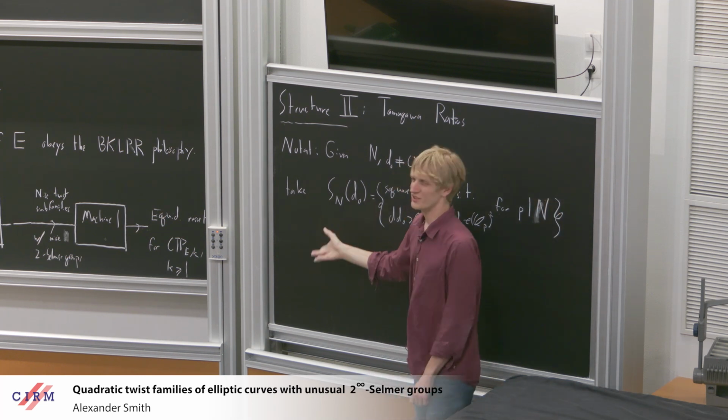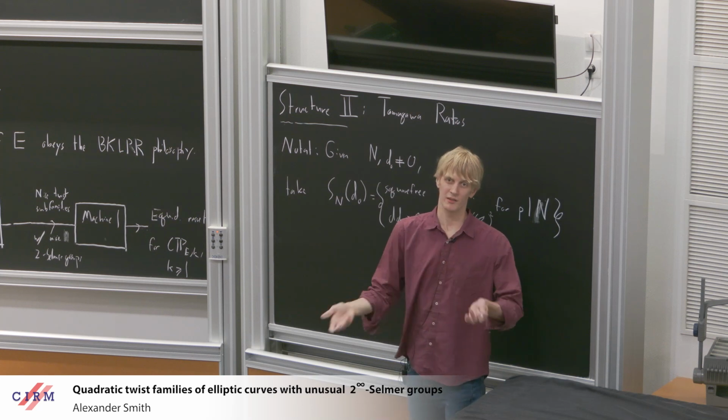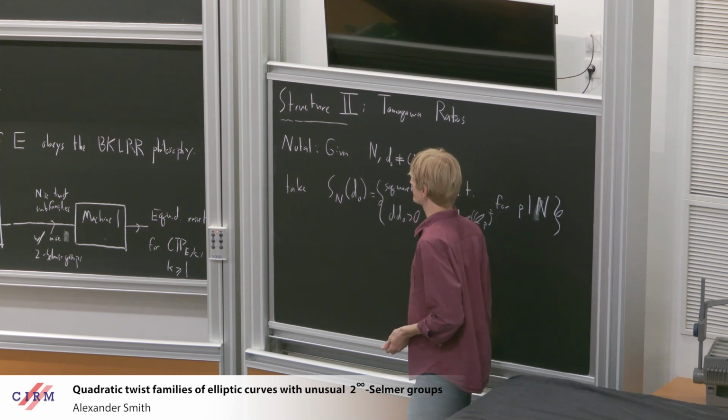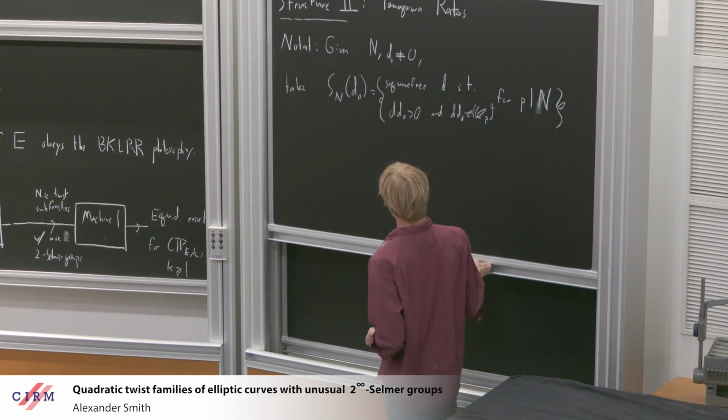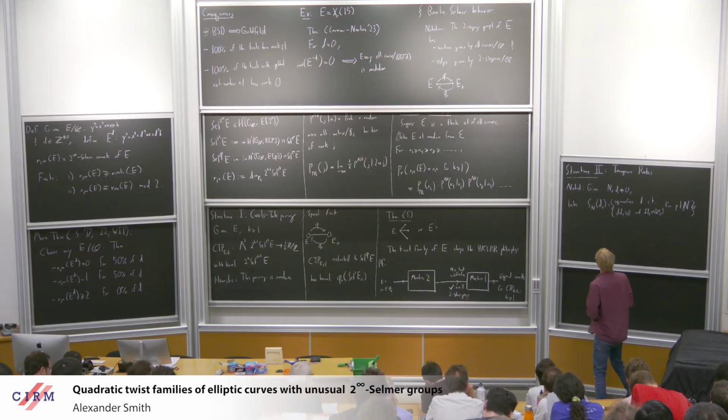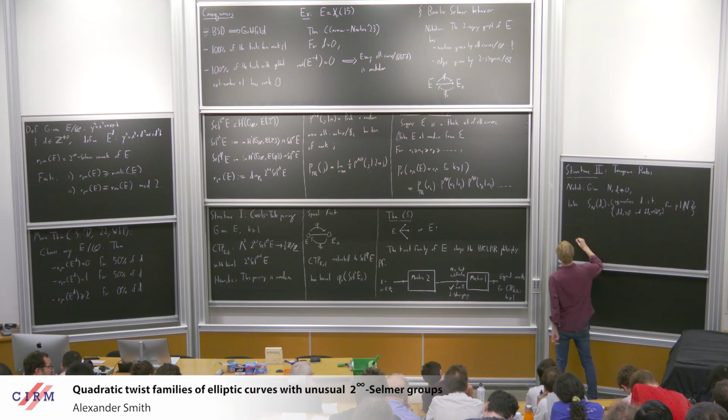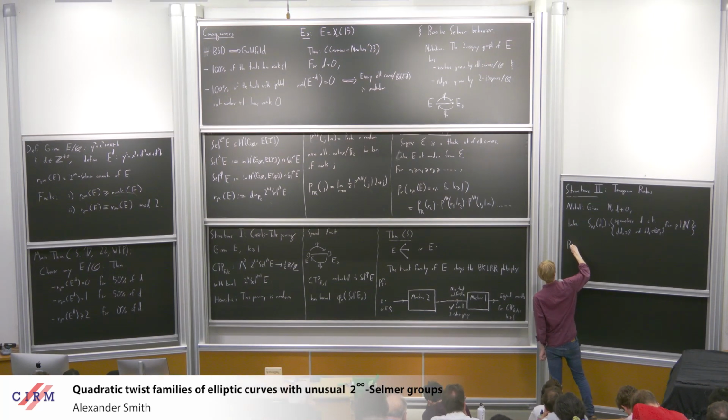So we're just looking for square-free integers that have the same p-adic behavior. Then the Tamagawa ratio proposition is